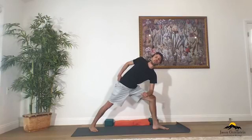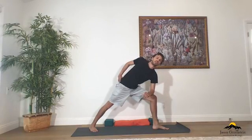So we have our weight leaning into that left thigh. And you're pressing down through that right foot. You're breathing here as you allow the chest to open on up. And on an in-breath, lift up through the chest, raise up, straighten across that leg, and turn your feet into center. Let's take our feet,